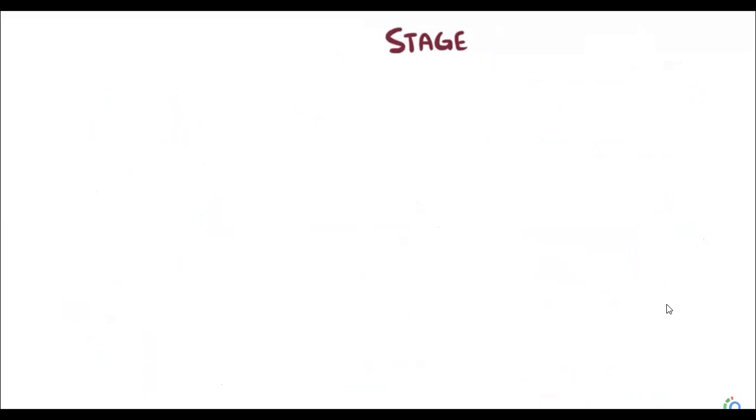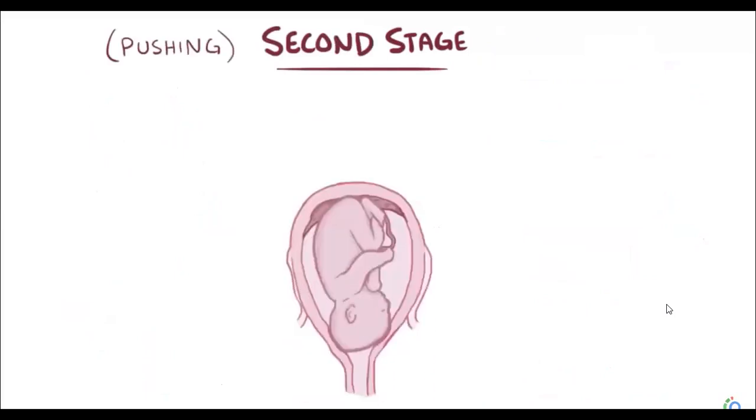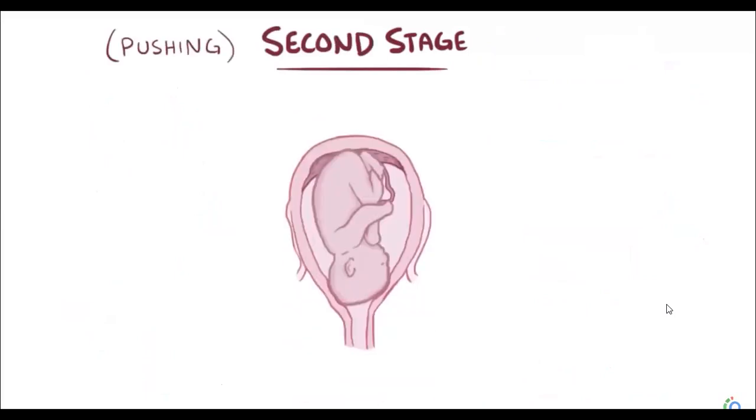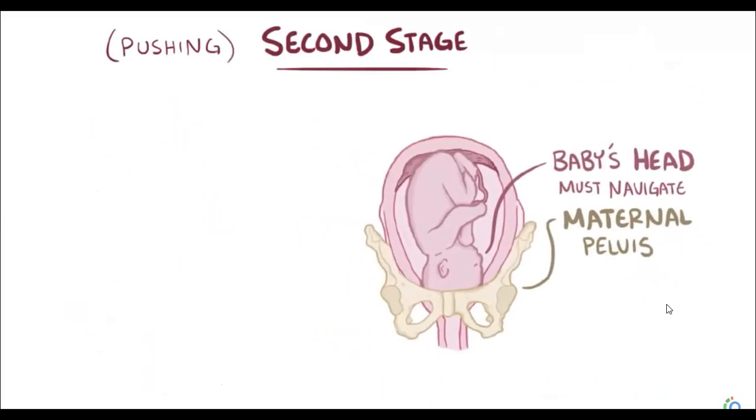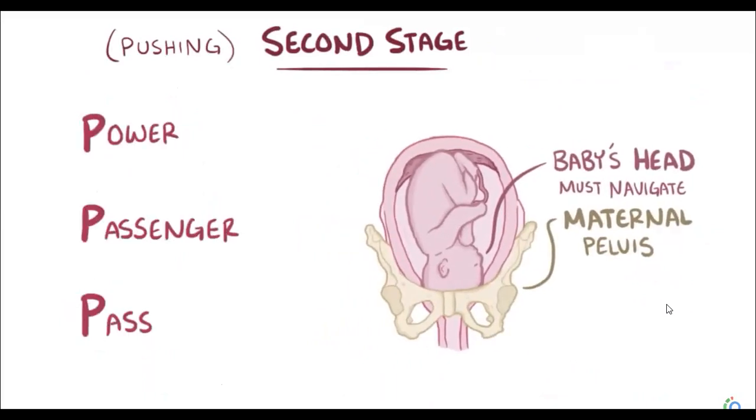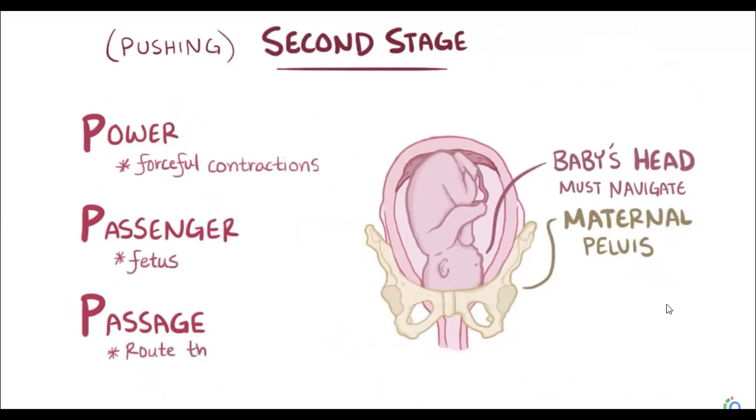Now that the cervix is fully dilated, we enter the second stage of labor, and this can be thought of as the pushing stage. During this stage, the critical thing is for the baby, and in particular the baby's head, to navigate through the maternal pelvis, and this depends on the 3 P's: power, passenger, and passage. Power refers to the forceful uterine contractions. Passenger refers to the fetus, and passage refers to the route that the fetus has to travel through the bony